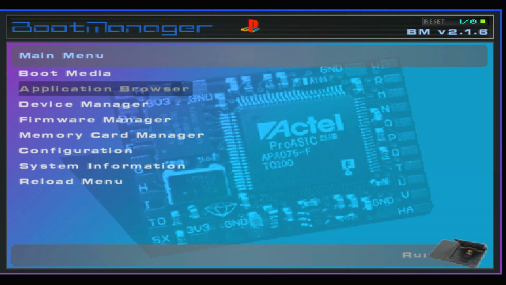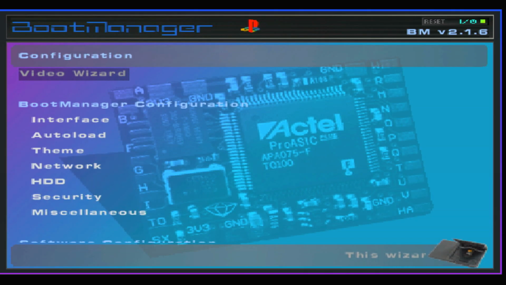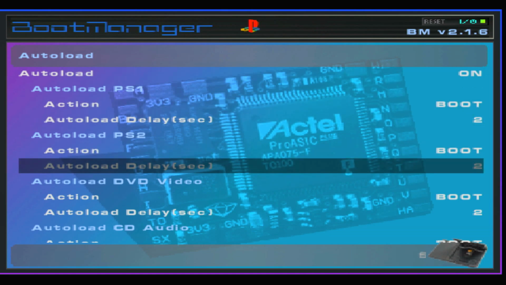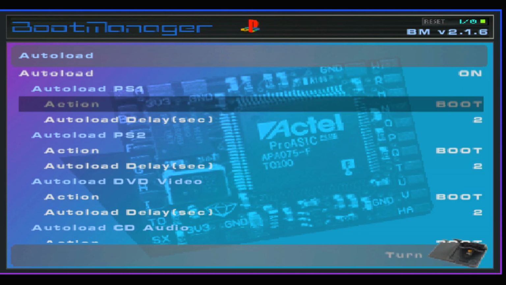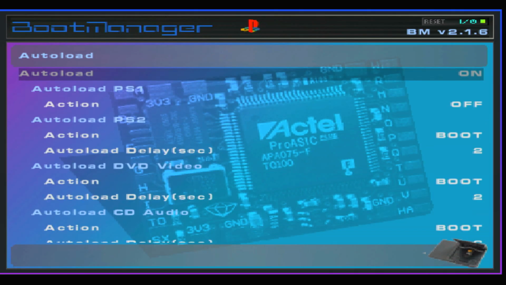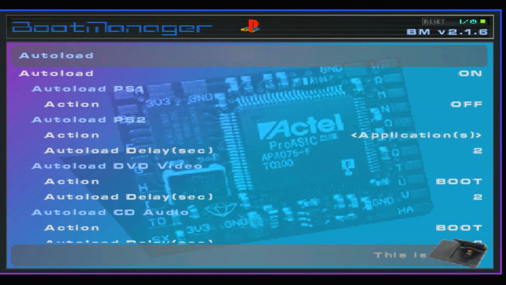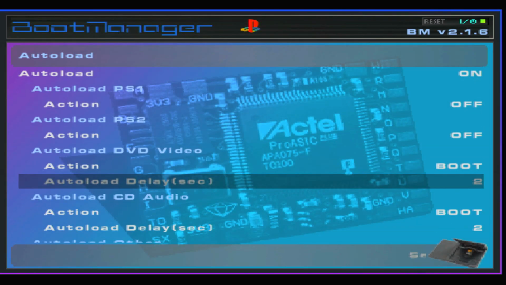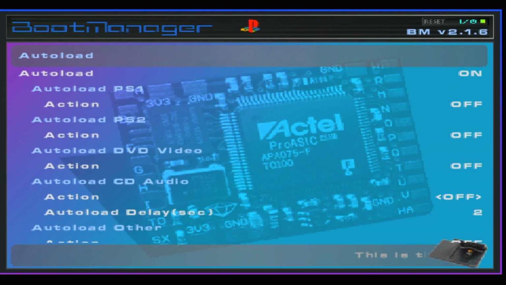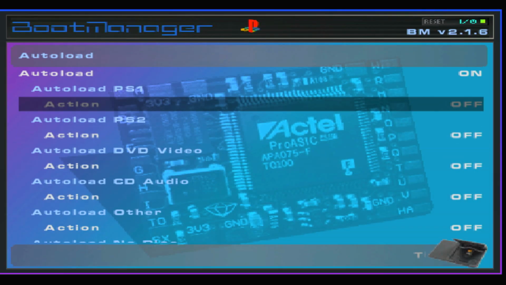So what we want to do is go to configuration. When the PS2 turns on, I want OPL to auto run. So go to Autoload, I have Autoload turned on. I don't like disks booting if I leave them in there, so I'm going to turn that off. I'm going to turn this off. DVD, I don't watch DVDs, so I don't have CD audio. You can see you have